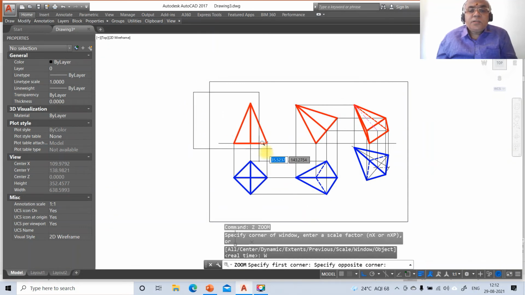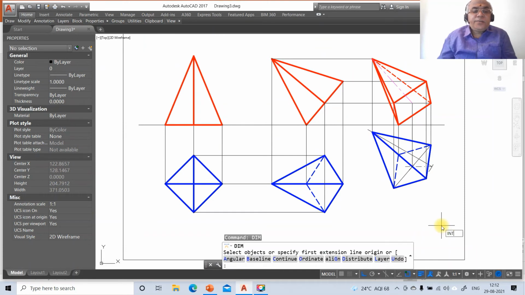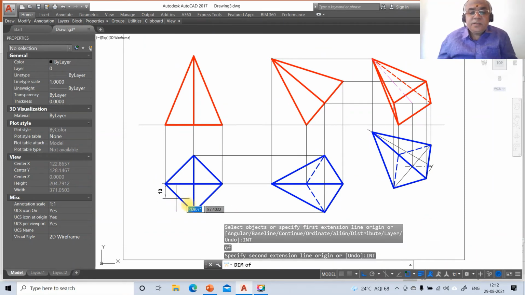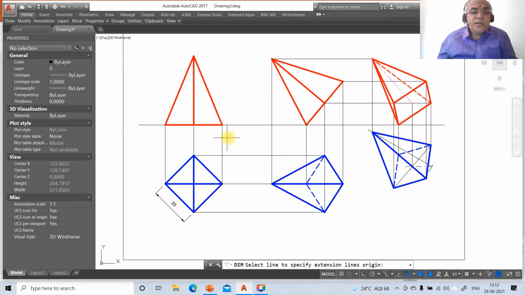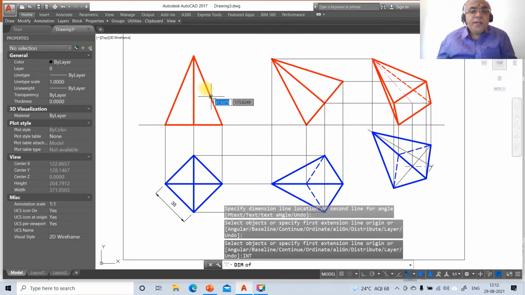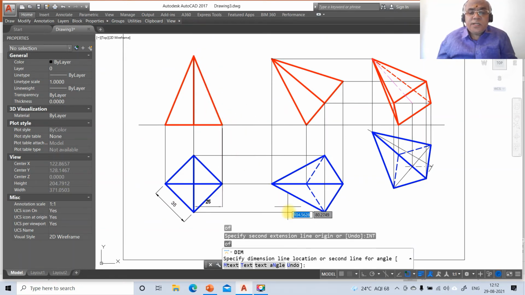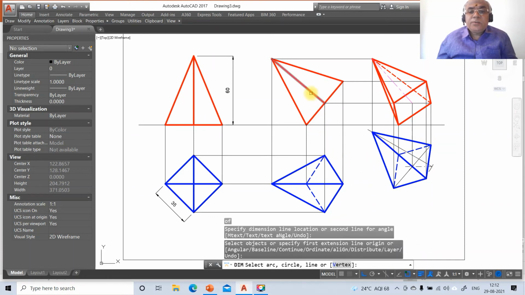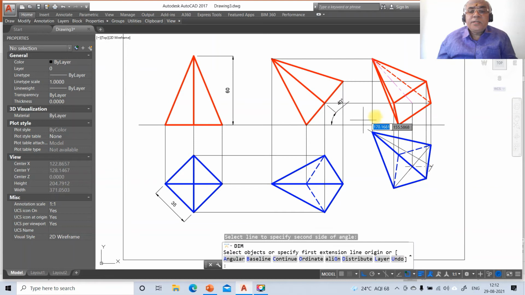Now once you do that, then you just go to dim, take intersection point of this and you take int of this. So here you put up the ortho mode, so you're going to get 35 and take int of this and take intersection part of this. So here you're going to get it as 60. Then go to angular dimension, you select between these two, so this angle will be equal to 40 degrees.